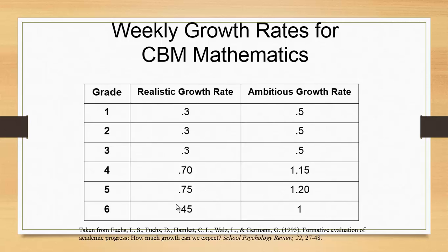If this student is someone who you don't feel is able to tackle that more ambitious growth rate, and we're not seeing the intensity in the instruction, we might end up writing a realistic growth rate. I always try to find a balance between the two of those. So if a realistic growth rate is 0.3 and an ambitious is 0.5, I might make their growth rate 0.4. So these are just really ideas to help you develop that goal in the end,